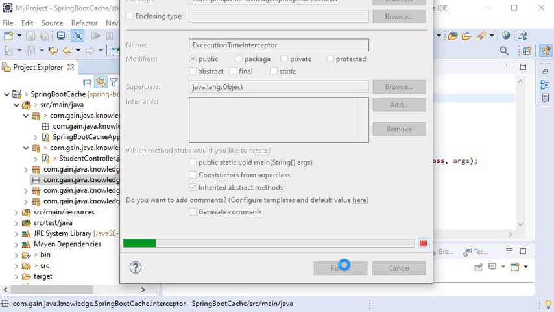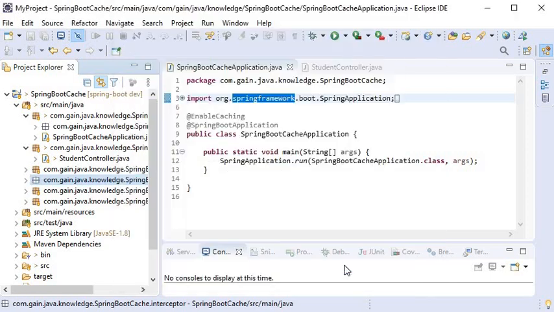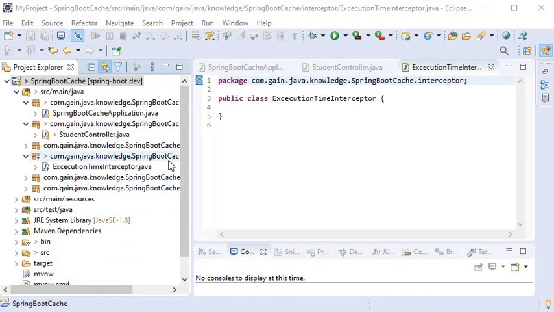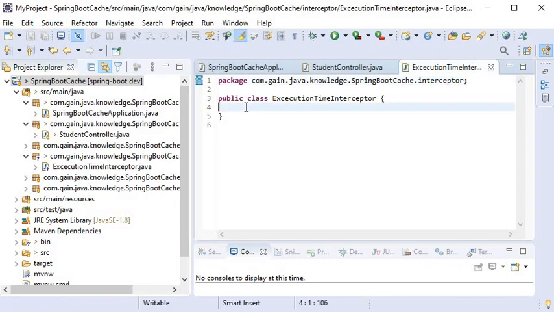This interceptor will be used to count the time taken by the request.